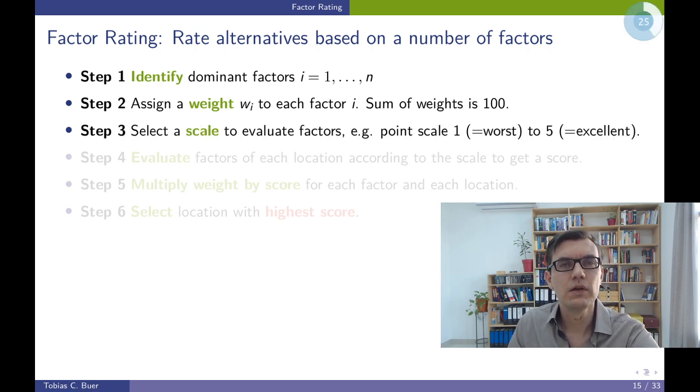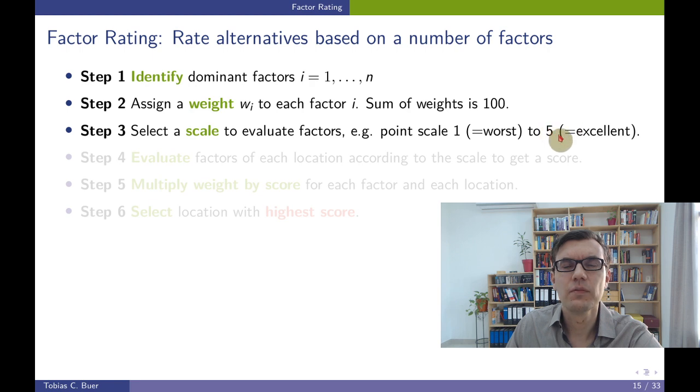In step number 3, we decide how we want to measure the factors that are important. It is crucial that we measure all the factors in the same way, that we have the same dimension for measuring this. A typical measure that is often used for practical cases, in particular when we have some qualitative factors, is a kind of point scale, a rating between 1 and 10 or 1 to 5. You know these from all the app stores, product ratings. Often you have a rating between 1 and 5 points,